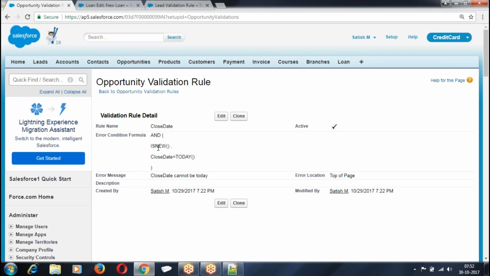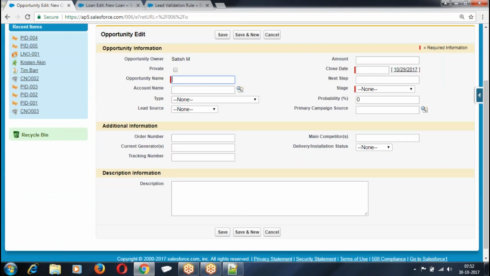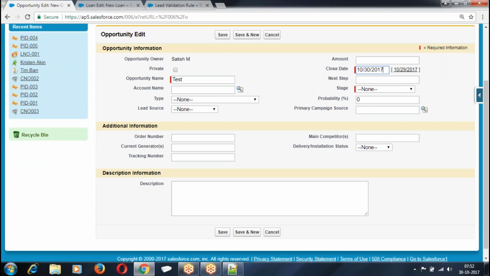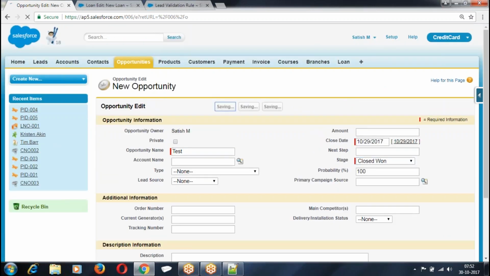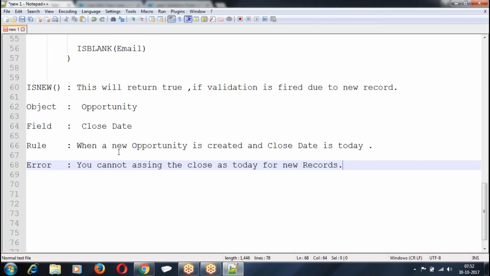If it is a new record and close date equals today, it's going to throw an error message. Close date cannot be. Right? This is firing only when a new record is created.